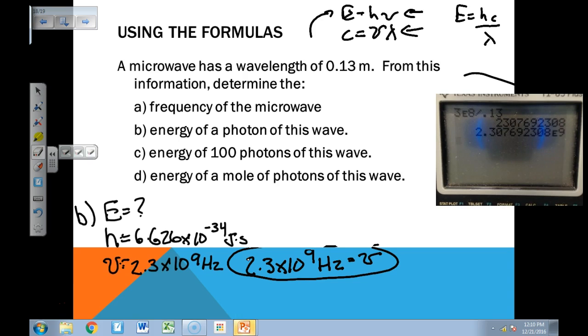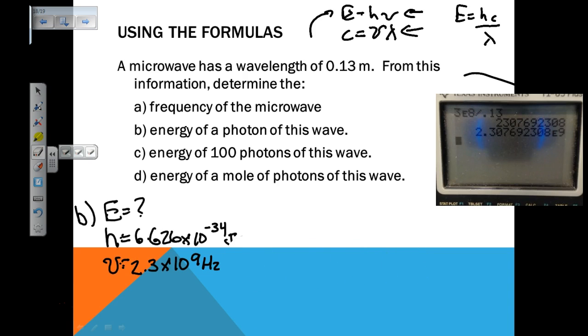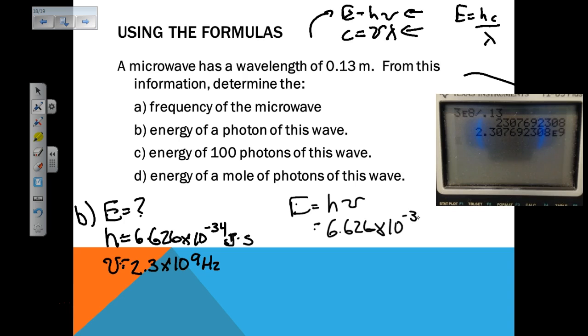Okay, so now I'm going to get rid of this. Give me a little room. Okay, so the formula is E equals h nu, and now we have h. So now we plug and chug. 6.626 times 10 to the negative 34 times 2.3 times 10 to the 9th. Okay, so the energy here,